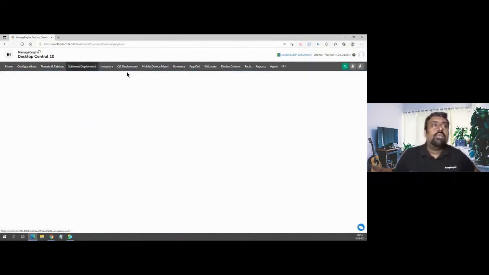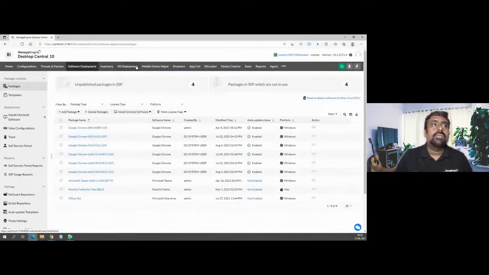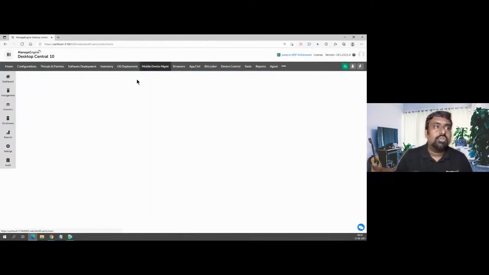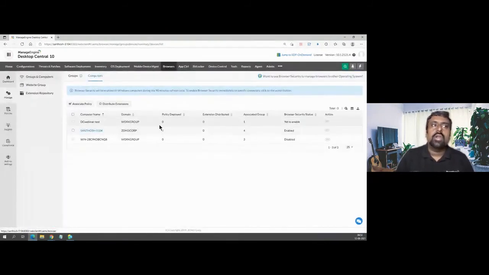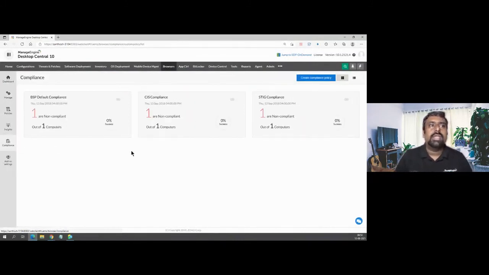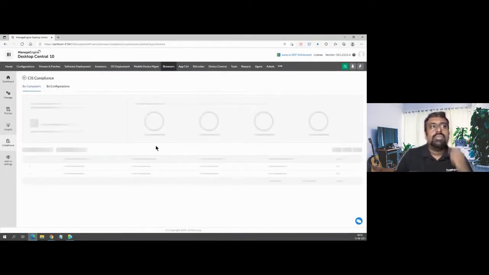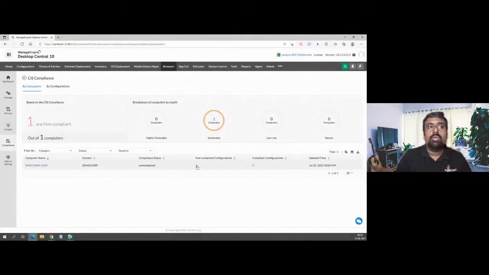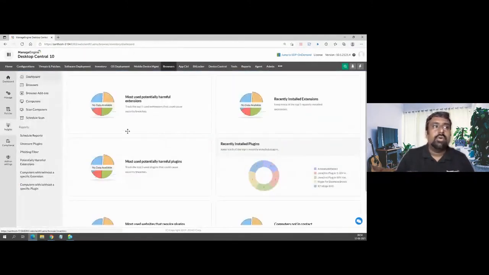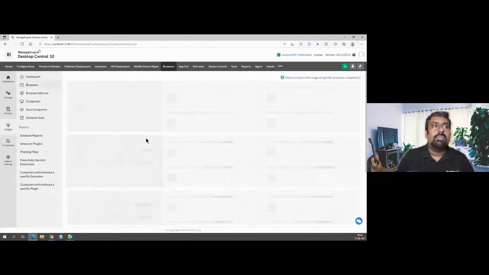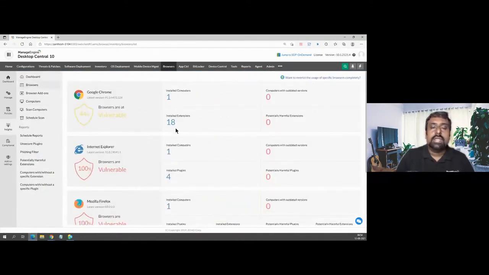And you have software deployment, inventory of hardware and software, OS deployment, mobile device management that could manage iOS, Android, Windows, MacBooks, Chrome OS, and Apple TVs as well. Comprehensive browser security. This is what I was describing about compliance. So I can go into the compliance and see from a browser perspective how many machines are compliant. If I'm not compliant, what are the different parameters that I have to take action on, and how do I fix it? All those compliance and report insights are available. In fact, if I go into the insights, it gives more about how many vulnerable browsers are there, how many invalid extensions are there. All those details you will get there.